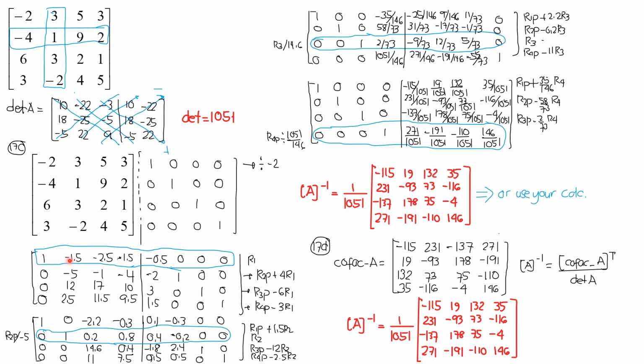So first, let's divide row 1 by negative 2, and it becomes 1, negative 1.5, negative 2.5, negative 1.5, negative 0.5, then the rest 0. So that is our new row 1. And by Gauss-Jordan method, that's why we have to have this identity matrix 4x4. And the objective is to augment this matrix in such a way that the left side becomes an identity matrix, the right side, after elementary row operations, will automatically be the inverse of matrix A.